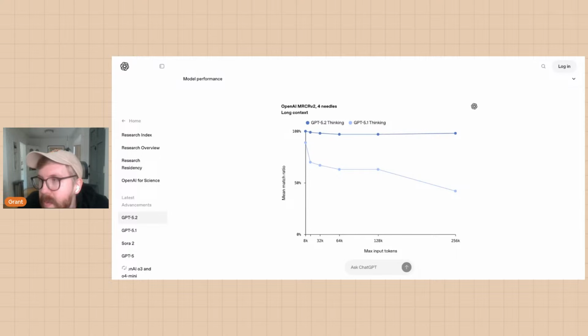So what that means from a practical standpoint is, let's say you upload like 130,000 words into your prompt window. It's not going to be able to track information. Like it's not going to be able to find a needle in a haystack in all of that information at that level with over 50% reliability. And then that goes down the closer you get to 256,000.